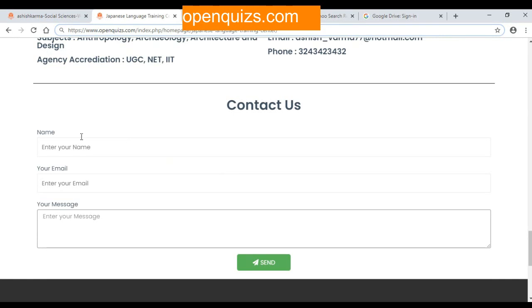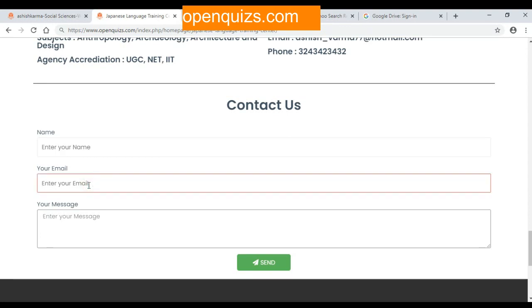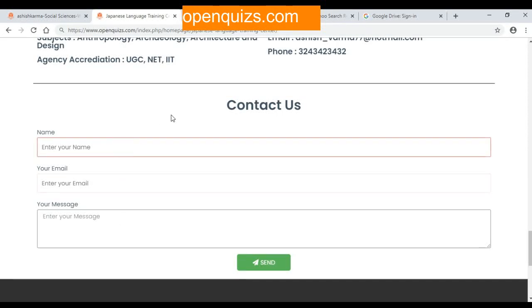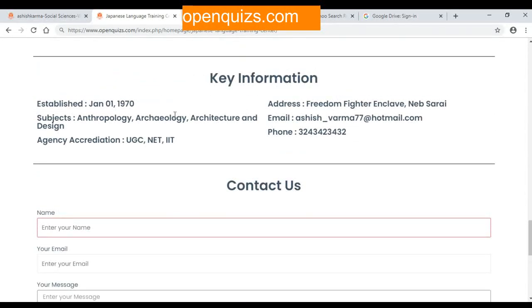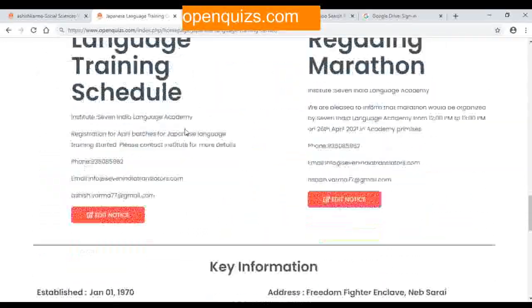Okay, and this is a contact form. This is a free contact form which comes with every home page. Any person who wants to contact you, it will come to your email. So just bear in mind, when you put details about your institute, please put the correct email ID of your institute, because whenever some person puts some message here, it will go to the email ID which you registered while creating the home page. So your home page information should be correct, otherwise this form will not work.